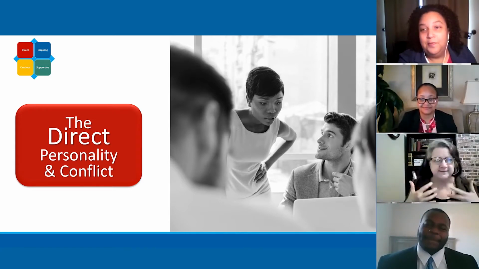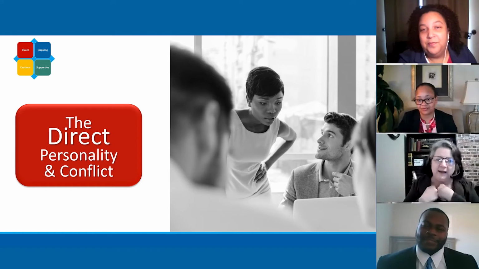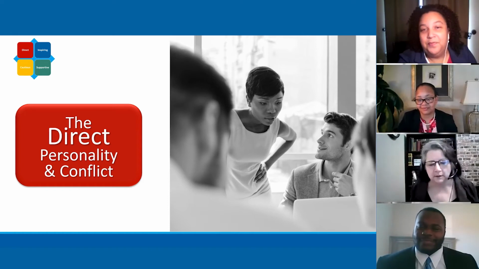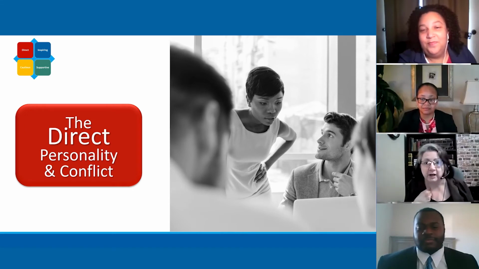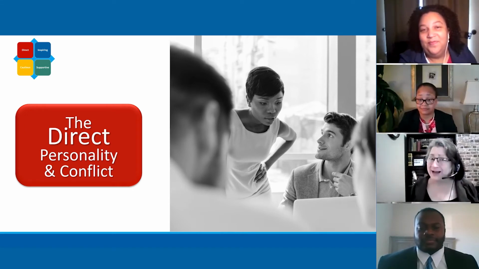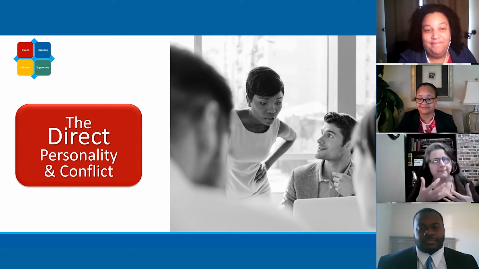So the things that as a D, we need to be careful about: we need to pay attention so we don't hurt people's feelings. In other words, when we say something, we need to notice how people are responding. Are they clenching up? Have they stopped making eye contact with us? Have they started getting kind of quiet? Chances are we've hurt them somehow, and we need to back up and change the way we're communicating.